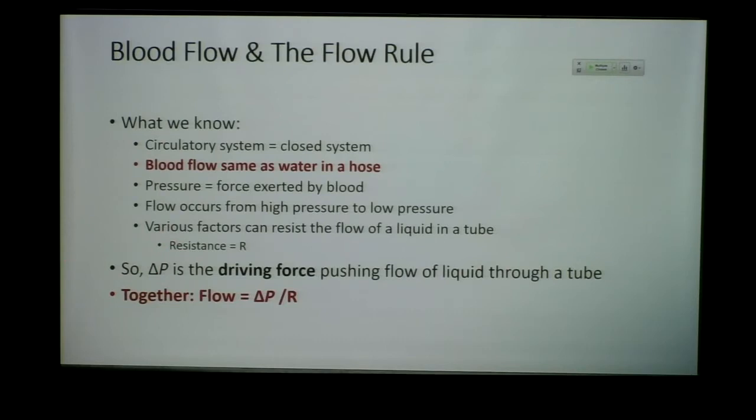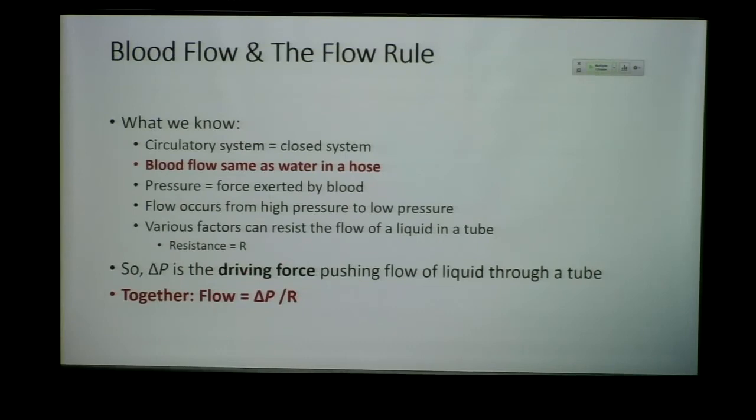The pressure differential, right, high to low. Delta P is the driving force that's actually pushing any liquid through a tube, and more important for our purposes, blood through our vessels, okay? All right. Now, the equation for flow would be delta P, which is our pressure differential, divided by R, which